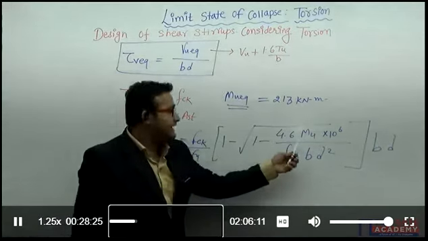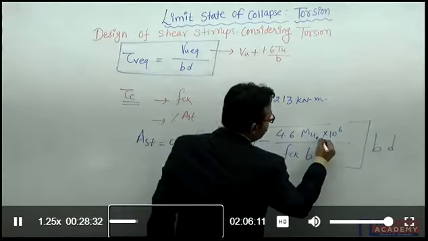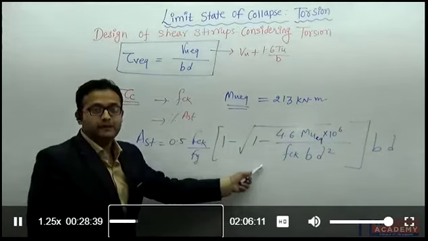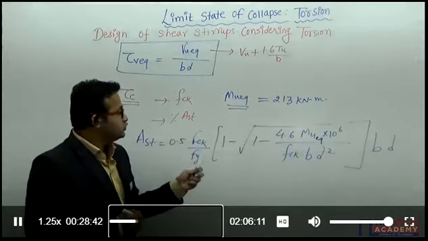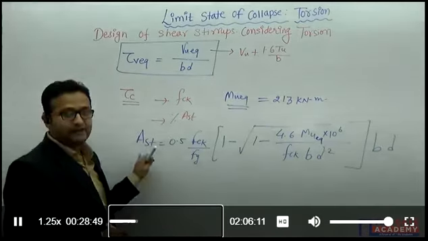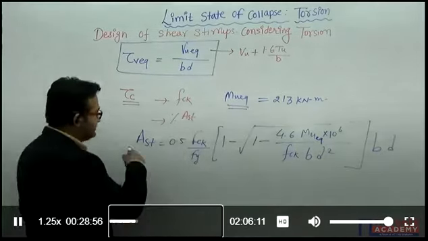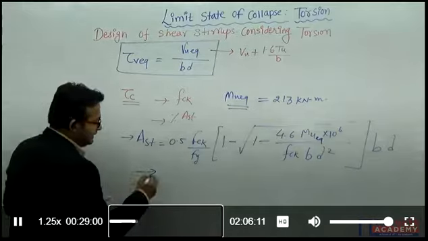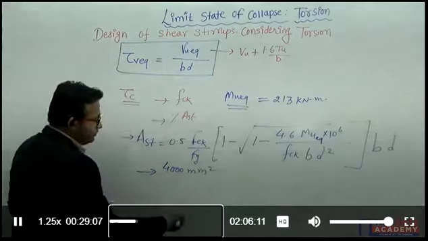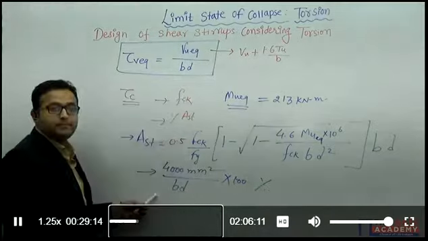But right now I will not be using value of MU. Here I will be using equivalent value of MU, means equivalent bending moment. So in this way I calculate area of reinforcement considering the effect of torsion in the beam. Whatever the AST you have provided in the beam, for that particular AST, I can calculate the percentage of AST. Suppose you have provided this AST, say 4000 mm square. So 4000 mm square divided by BD, in percent, this will be my percentage AST.